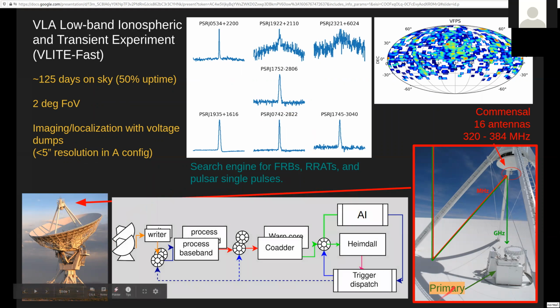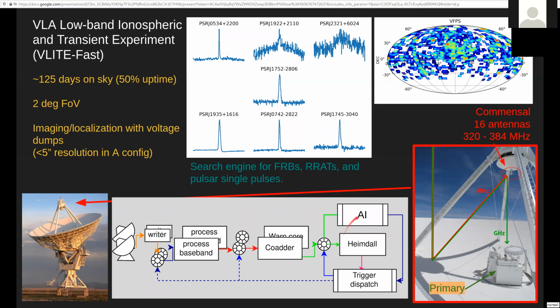And the pipeline is as follows. Each antenna gives out UDP packets, which are captured by a writer, which writes them to a ring buffer, which are processed by a GPU code known as process baseband, which filterbanks it. And there's an MPI coadder, which coadds across all the antennas to produce an incoherent beam, which is searched